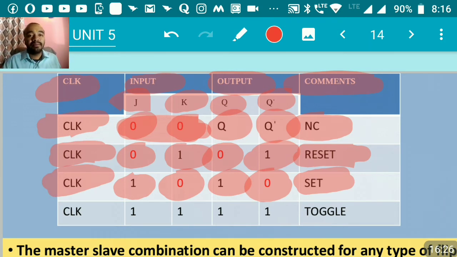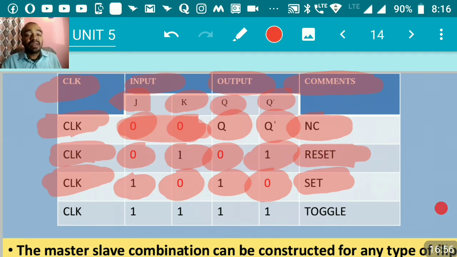You keep this in your brain. Once I apply the input, the changes are not going to appear at the output of the given JK flip-flop, master or slave, whatever it is. But only after applying the clock pulse, once you give the input, are the outputs at the master flip-flop or at the slave flip-flop going to change. The flip-flop is going to work only after you apply the clock pulse.